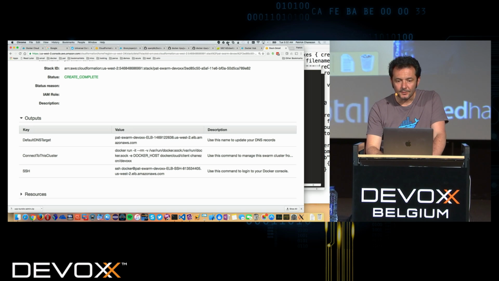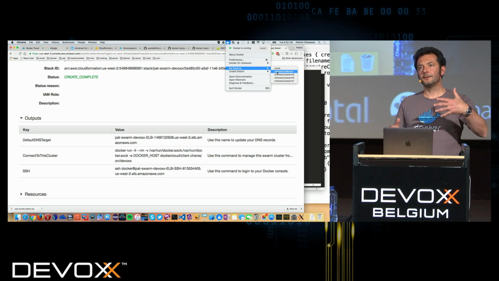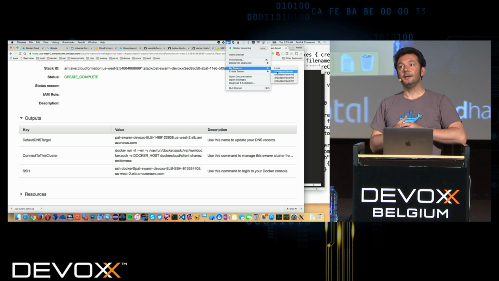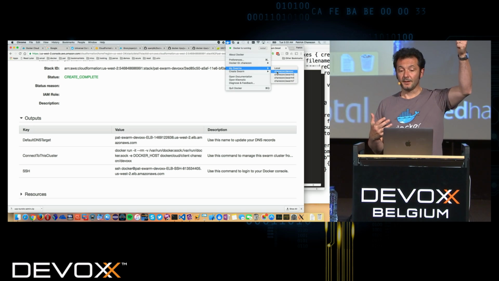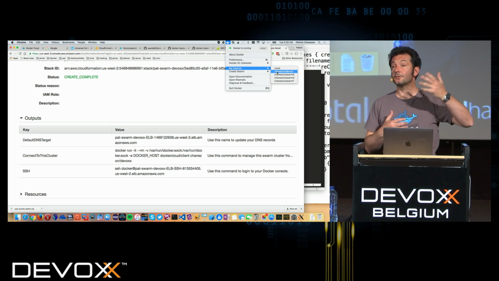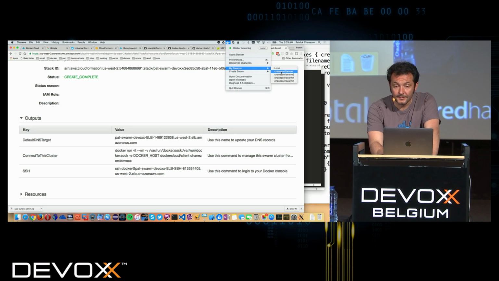To make that easier, now I can just go there, my swarm, Chanezon DevOps, and what the template has done is that at the end of the provisioning, it has registered its keys with Docker Cloud associated to my Docker ID, and now it just appears in my menu here, my swarms.